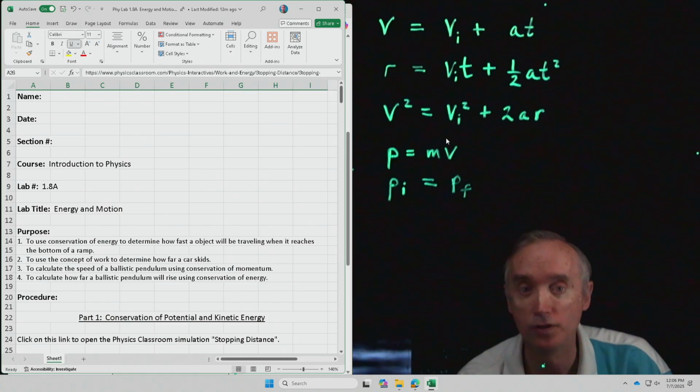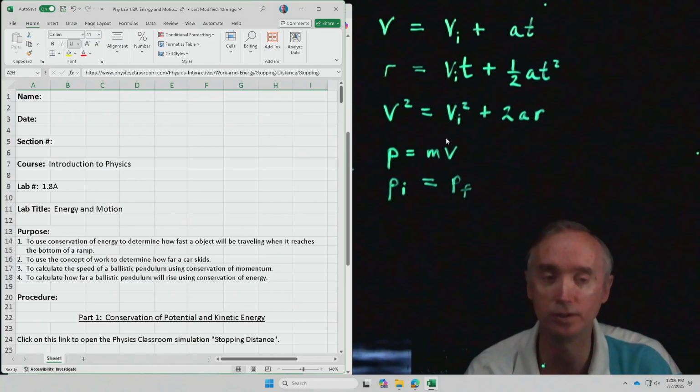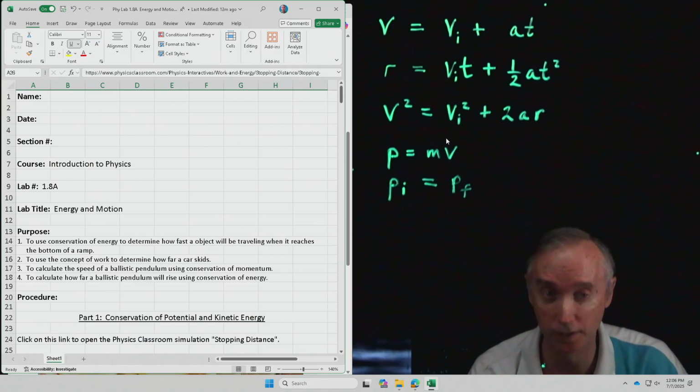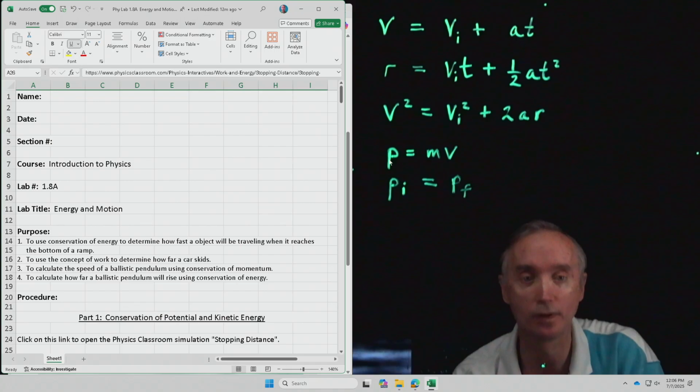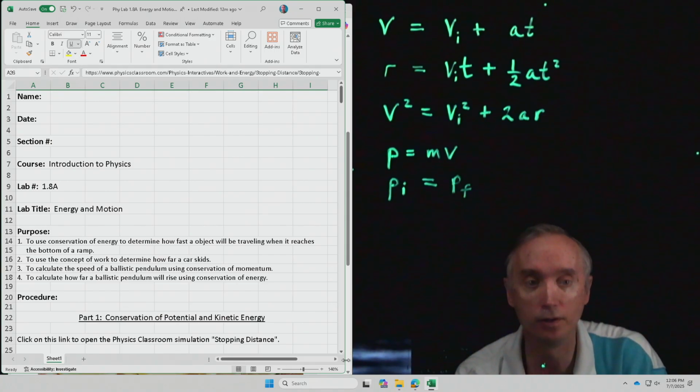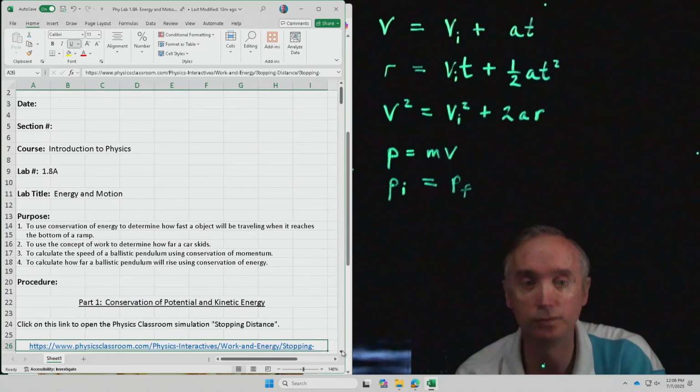And then four, to calculate how far a ballistic pendulum will rise using conservation of energy. So we're actually going to be using several of these concepts that you already should know about in order to do today's lab. So in part one of the lab, what we want to do is to,